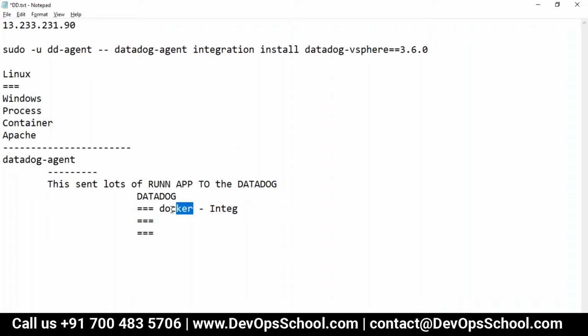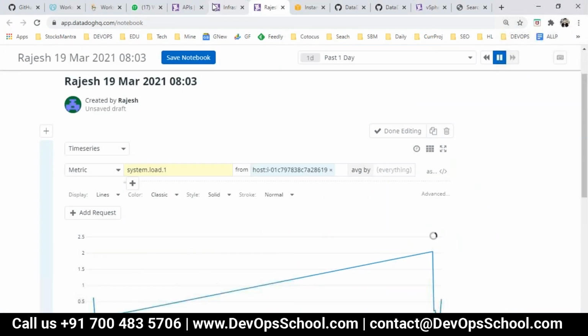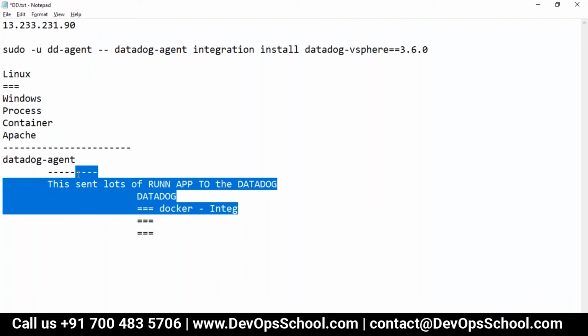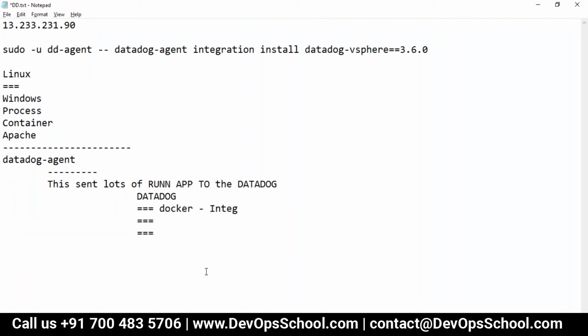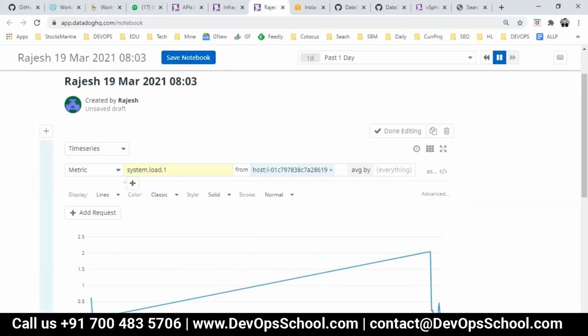If you enable this integration, then I will capture the Docker metrics also and store them in the Datadog site, and that way you can have more metrics, more reports, more monitors, and stuff like that. You might have seen that incident, I guess. Yeah. Okay.